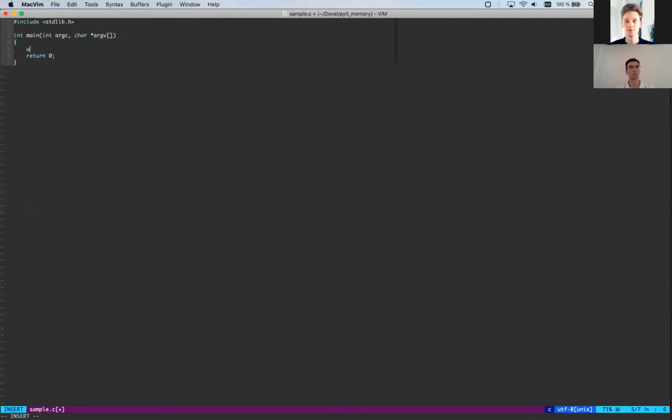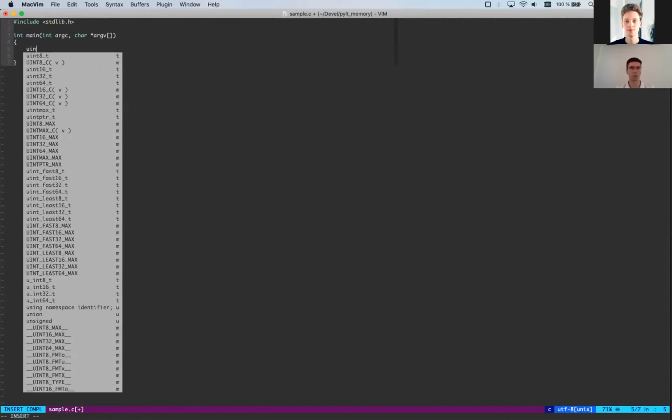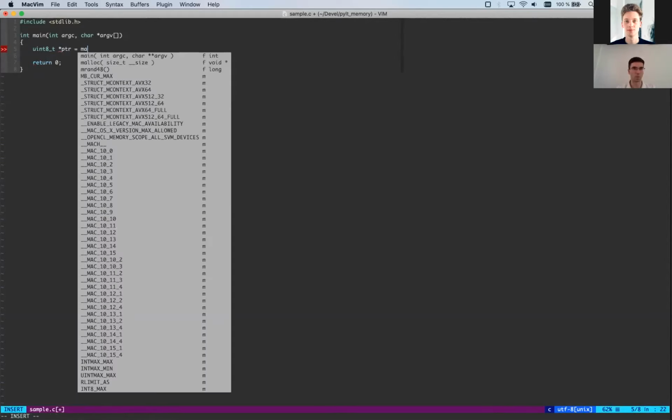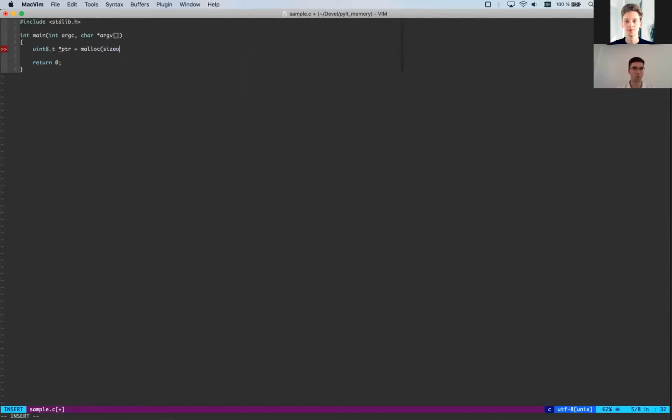So let's say I want to store 3 integers into an array. It's going to be really small integers. It's going to be 1 byte size integers. So I have a pointer, and I will ask for 3 bytes of memory, and then I can just store things. And don't forget to free the memory.